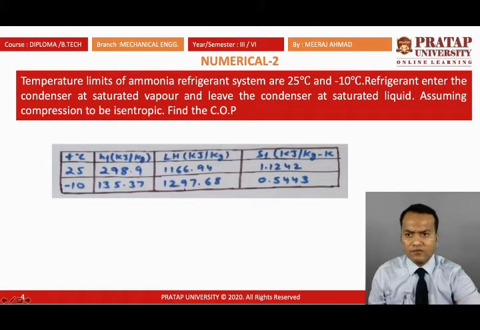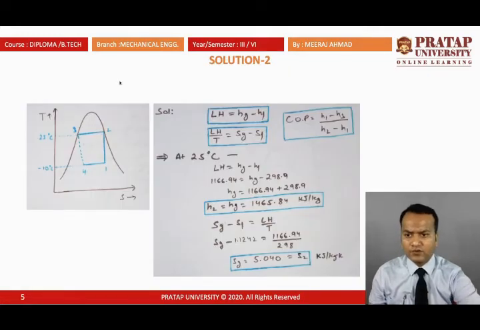So now we are going to solve this question. First you have to draw the TH diagram for this problem. According to the problem, you have to draw the TH diagram, because the point at the outlet of the compressor, or inlet to the condenser, is saturated vapor. So point 2 should be at saturated vapor.